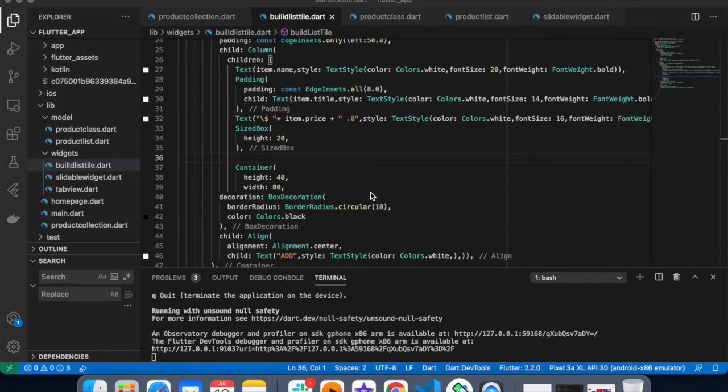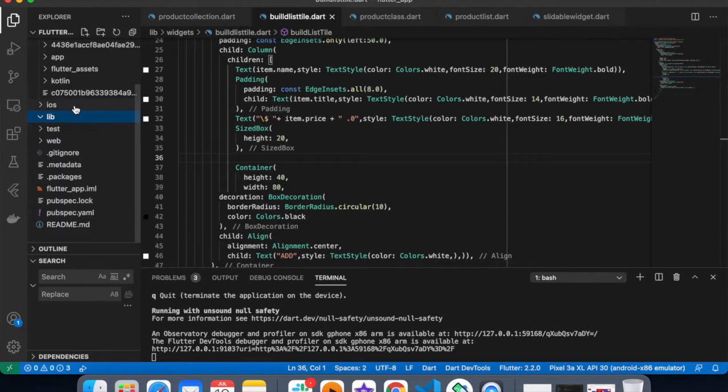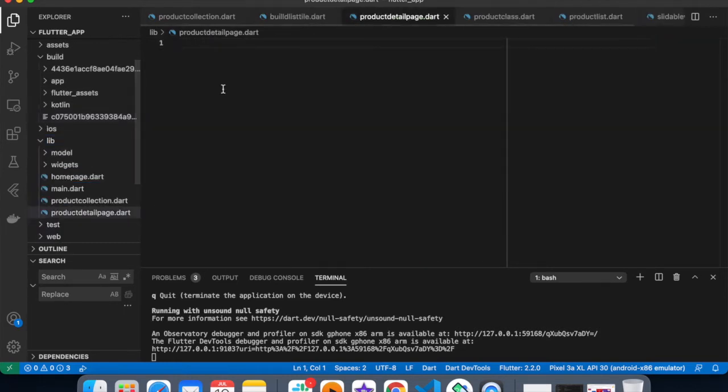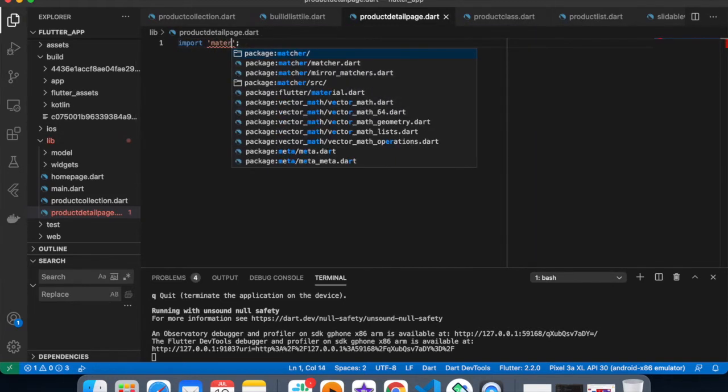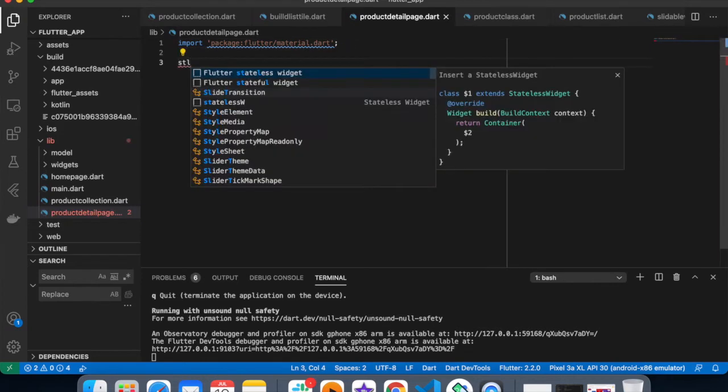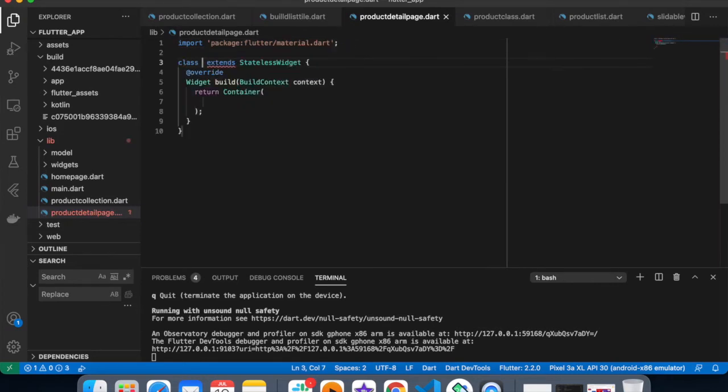Let's create the product detail page. So I'm just creating one file, product details page dart, and just importing the basic dependency, that is material.dart, and then I'm going to create one stateless widget with the name product details page, where I